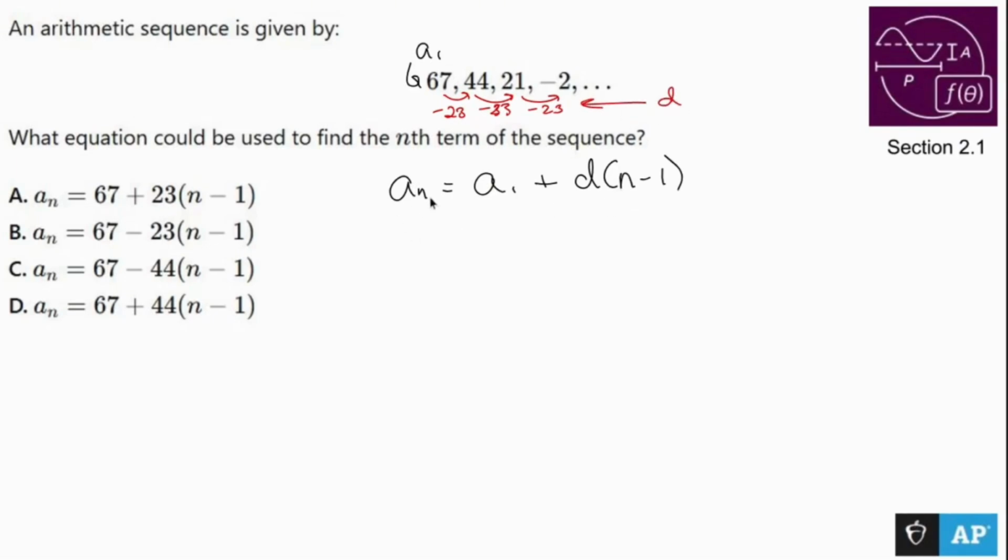Leave n the way it is, leave a sub n the way it is. That gives us a sub n equals, plus, not plus, it'll be minus 23 because positive, negative. So minus 23 times the quantity n minus 1. And that gives us b